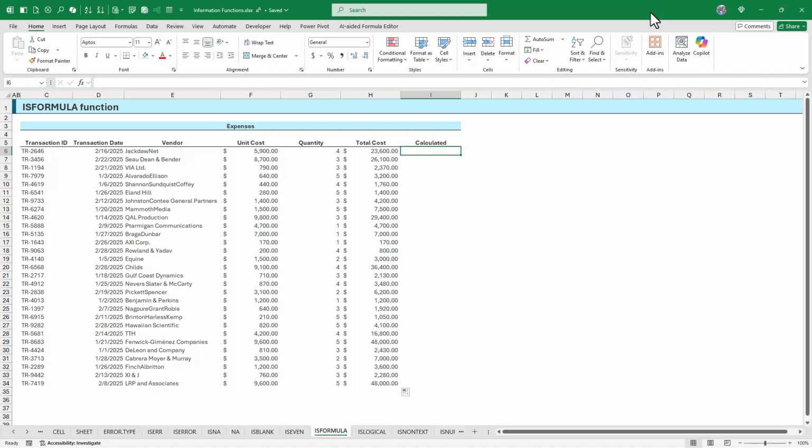formula? If I go to cell I6, I'm going to want to know whether the total cost over here in cell H6 is the result of multiplying the unit cost times the quantity, or if it's just a static number value. Because if it's a static number value and I were to change the quantity, I wouldn't be able to